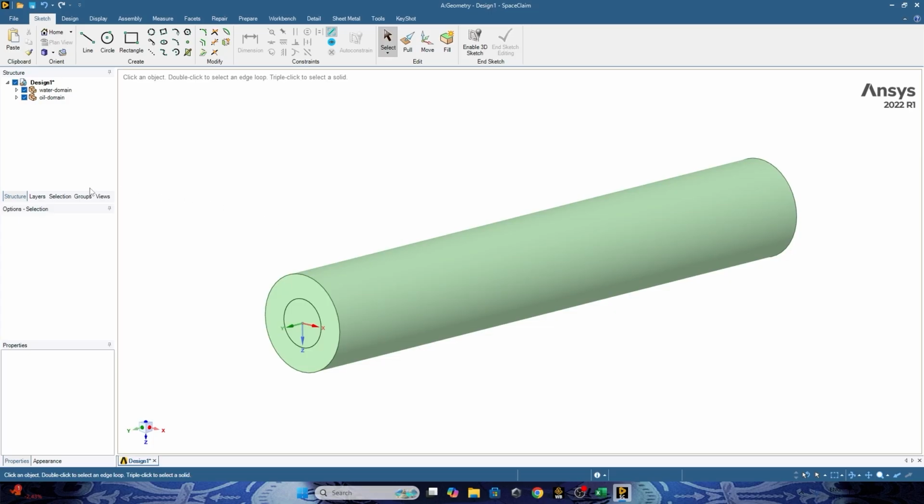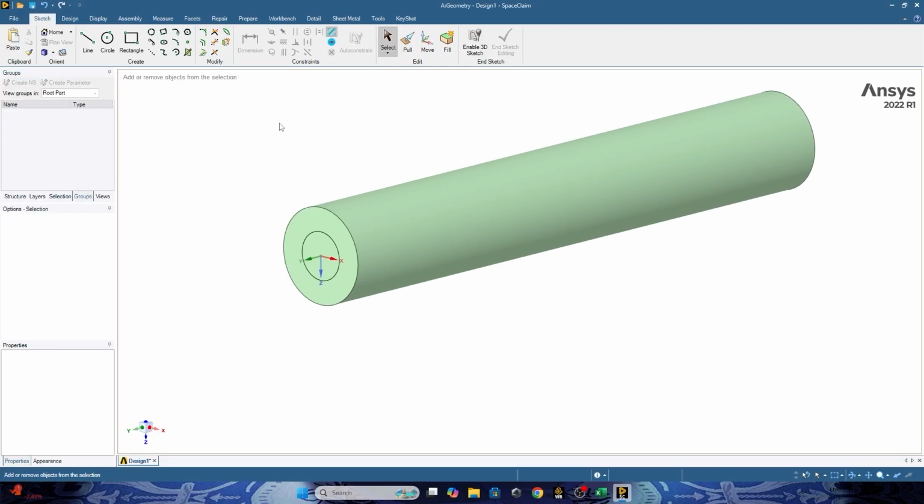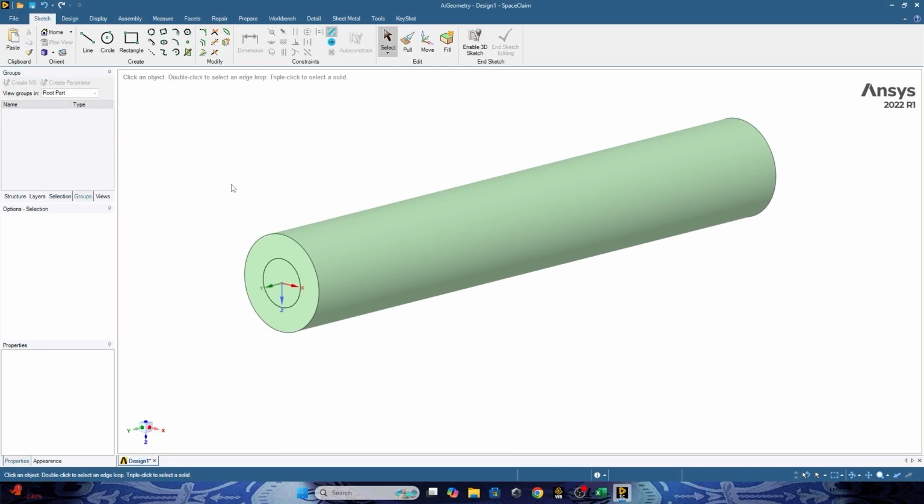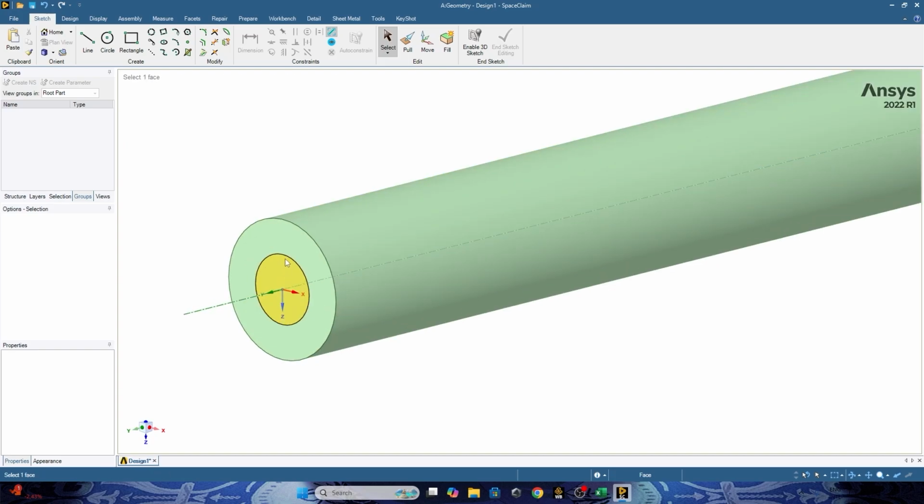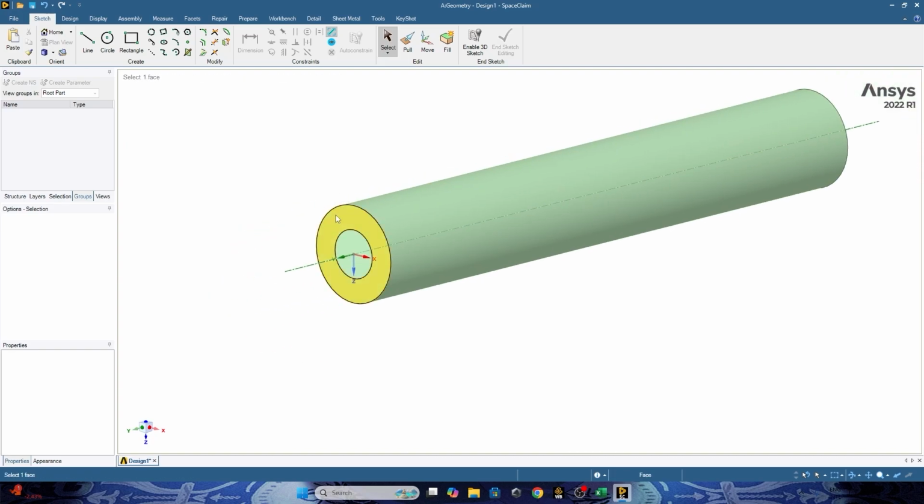To do that we need to go to the group and choose. Let's first define the inlet water.